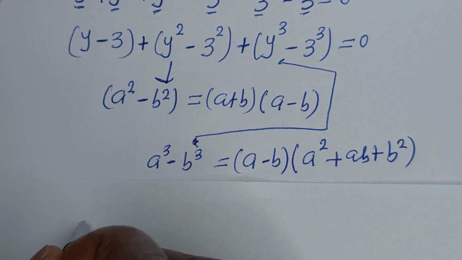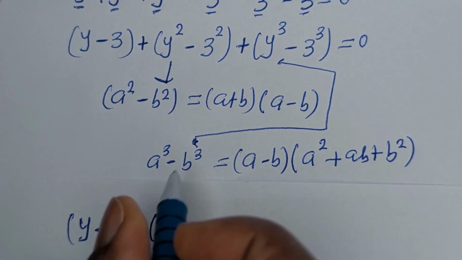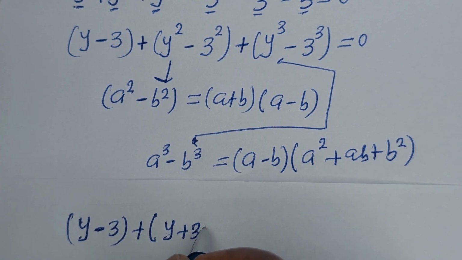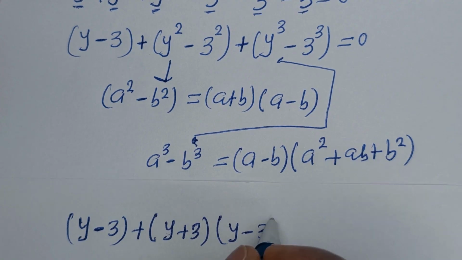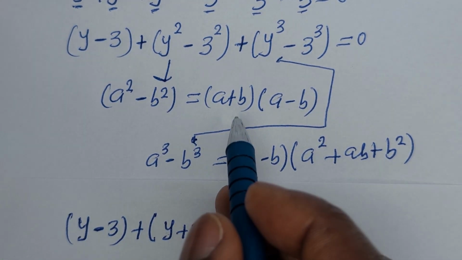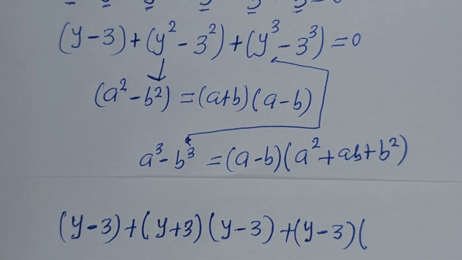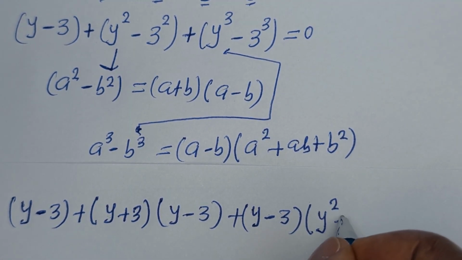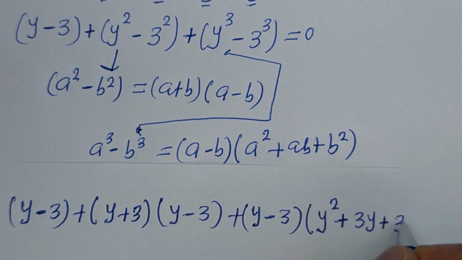Here we have y minus 3 bracket plus bracket, this can be written as y plus 3 bracket y minus 3 plus, this can be written as y minus 3 bracket y square plus 3y plus 3 square,